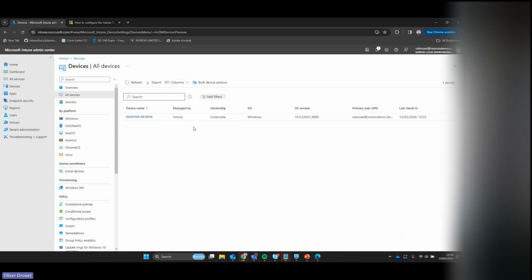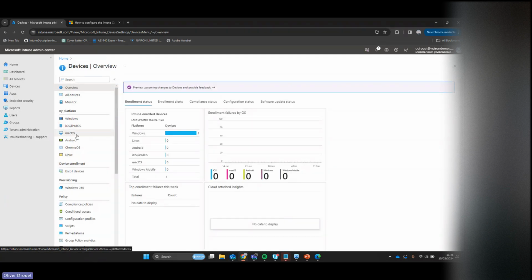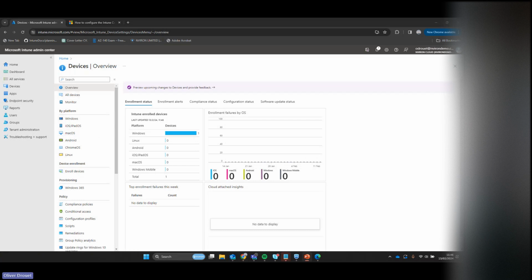So I won't stay too long on this section here, but what I will show you is that you can also get Windows, iOS, macOS, Android, Chrome. You can see all of your devices either segregated by their operating system or in the all devices section. So one of the first important things that we're going to do is we're going to look